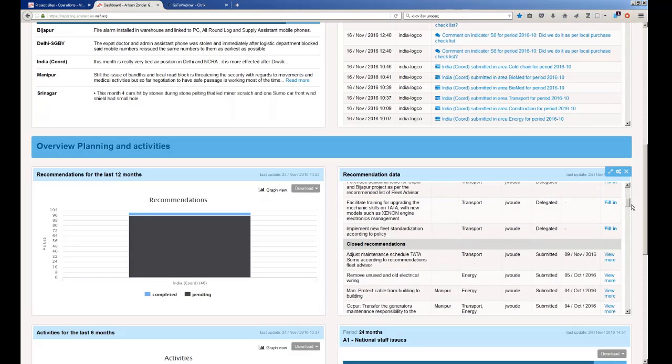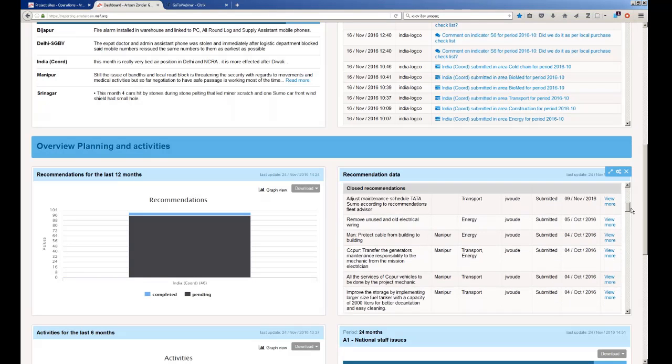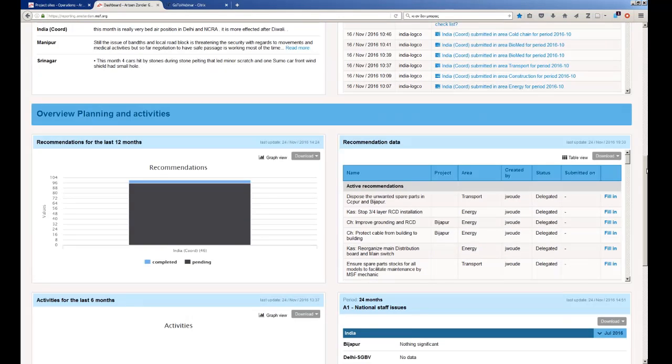Okay, so you can have an overview of what is really pending. In the graph here, all the recommendations are merged together as active recommendations, so the graph doesn't distinguish between who submitted the recommendations, who made the recommendation. Now, further down,